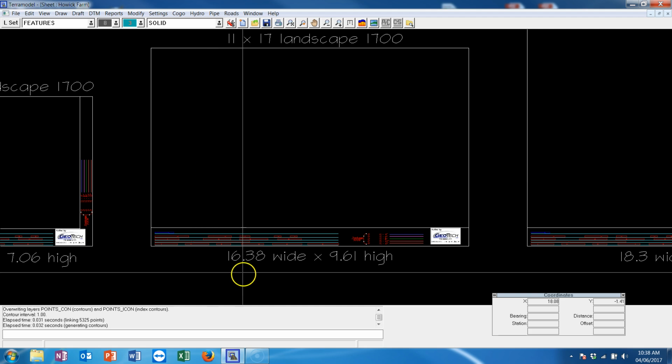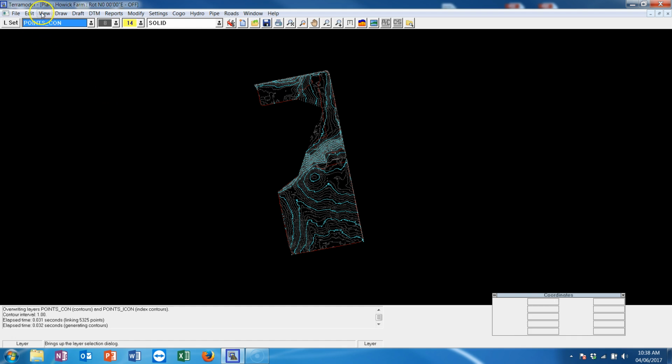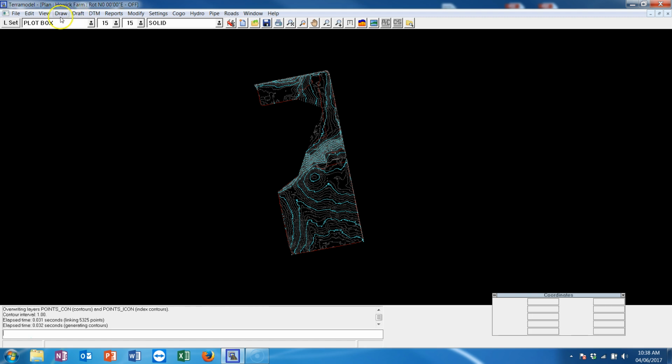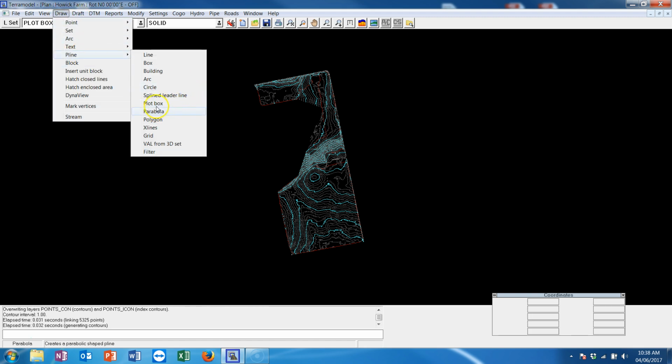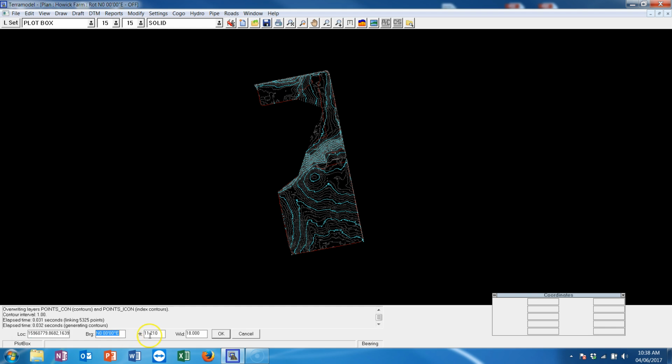So what we're going to do is tab over to the plan view. I'm going to first of all change my active layer to the plot box, and the easiest way to do that is simply highlight this active layer and press P, and you'll simply scroll through all the P layers. I'm going to press escape to deactivate that. Alright, draw P-line plot box. Now, the location is going to be here. The question is, for the height and the width of this plot box,